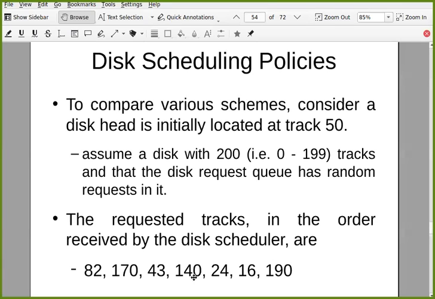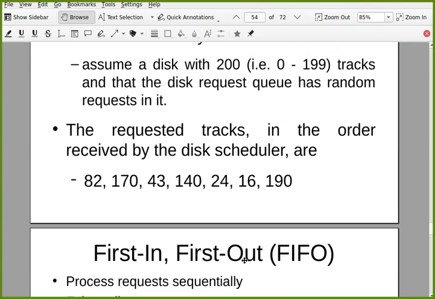The requested tracks, in the order received by the disk scheduler, are these: one process requesting 82, the next process requesting track number 170, the next requesting track number 43. Multiple processes have sent requests for different tracks of your disk. With this example, we will discuss all the policies.